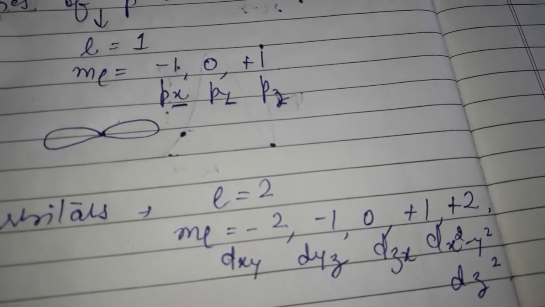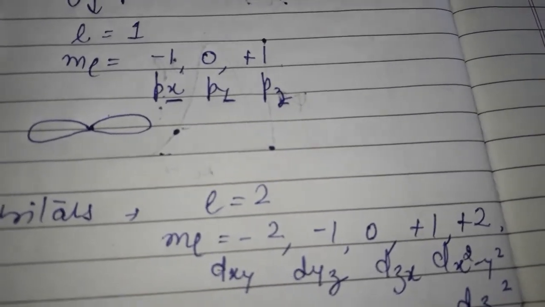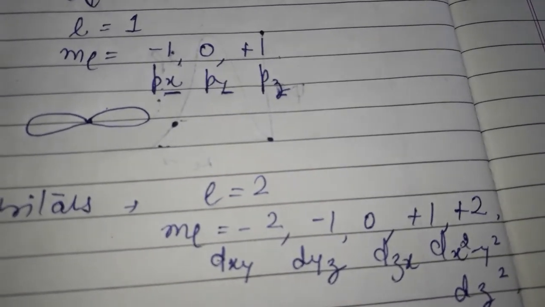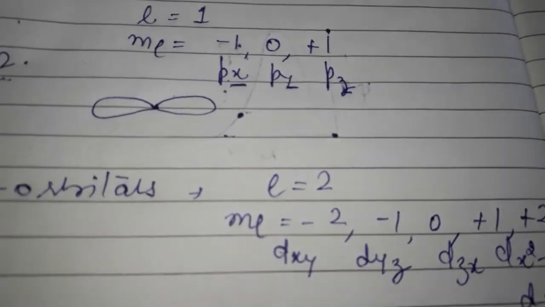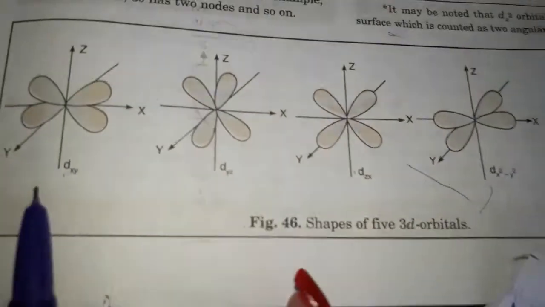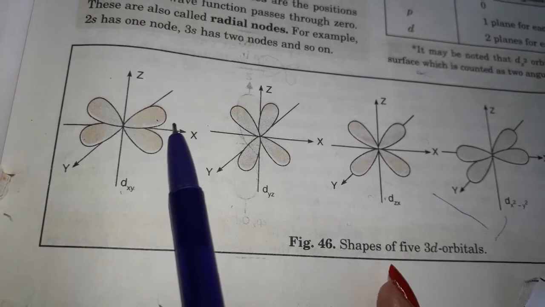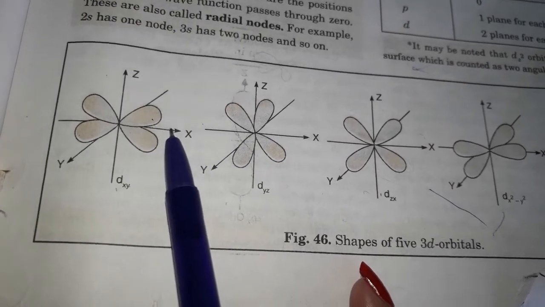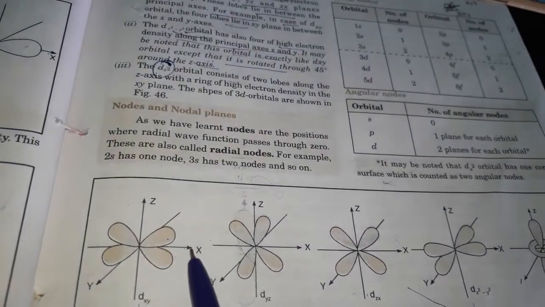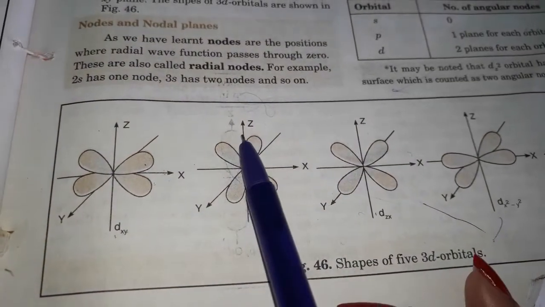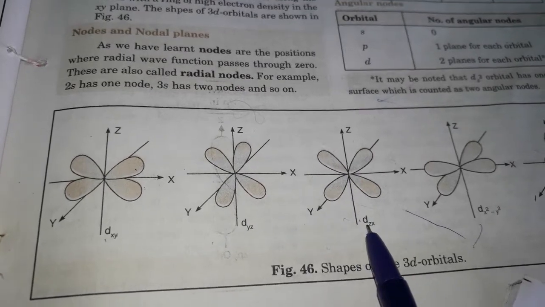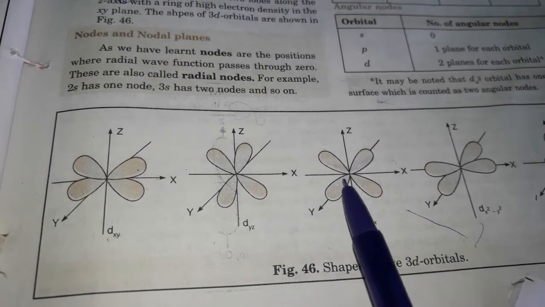Three orbitals are similar, and these consist of 4 lobes of high electron density lying in the xy, yz and zx planes respectively. These lobes lie in between the principal axes, as we will see now. The shape of dxy is, the lobes are lying between the x-axis and y-axis. 2 lobes of x, 2 lobes of y you can see. dyz between y and z. Similarly for zx, z and x.